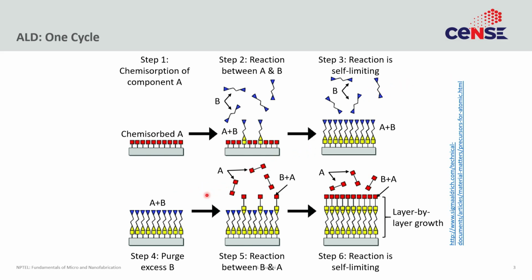And once you purge the B out of the system, then you introduce the component A. Now because there is no B in the gas phase, the A cannot react with anything in the gas phase, but A can react with the B that is sticking on the surface. So it does that reaction, again you form these yellow molecules of the material you want to deposit, and the A functional is sticking out. And if you wait for some time, then all these sites would react with component A, and you would end up with essentially a monolayer of yellow, which is functionalized by a monolayer of A.